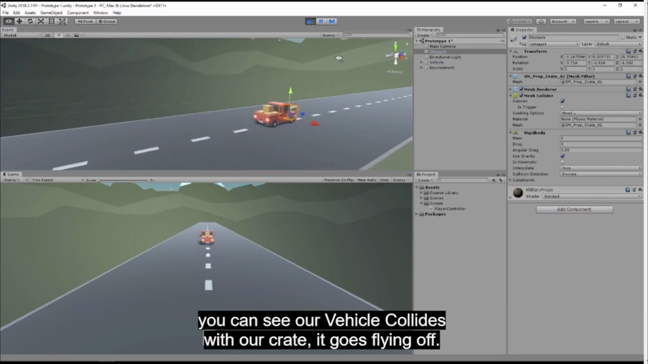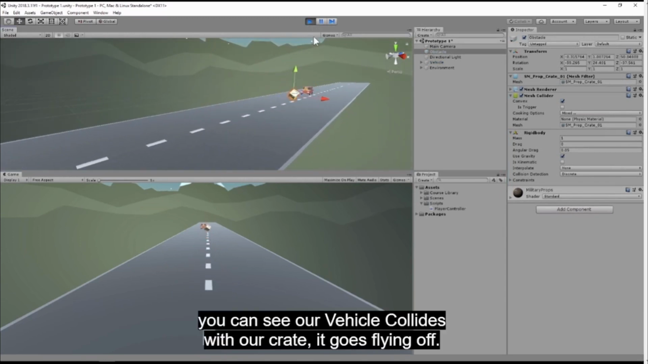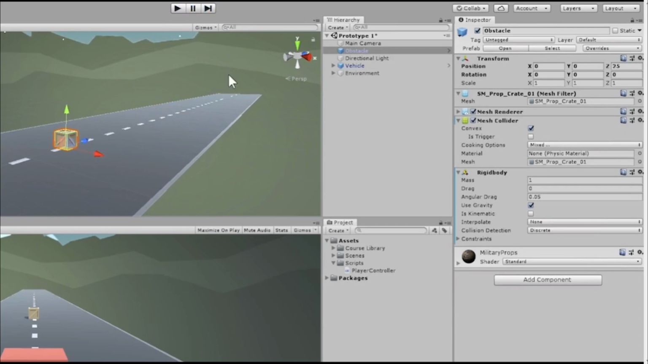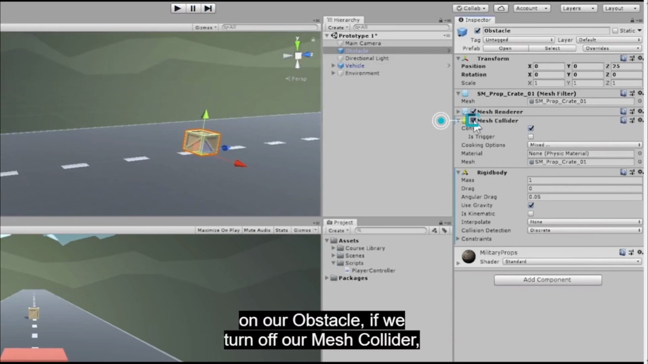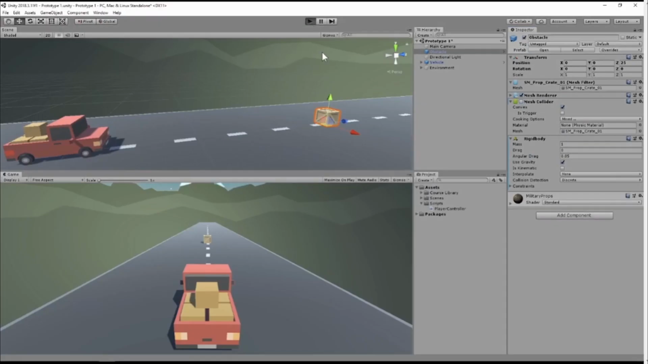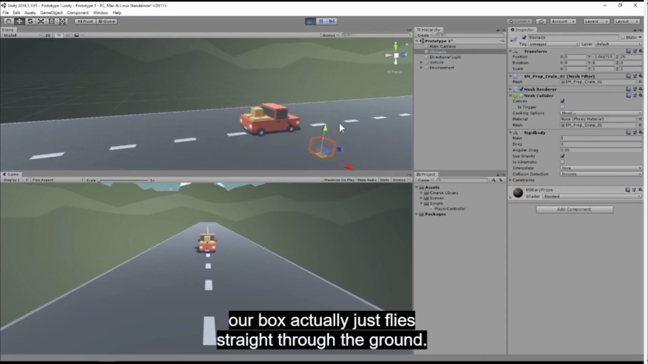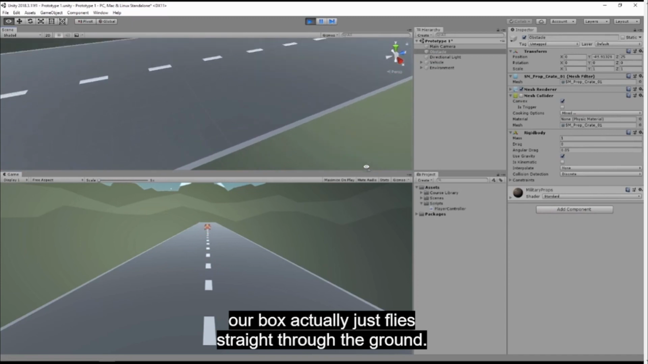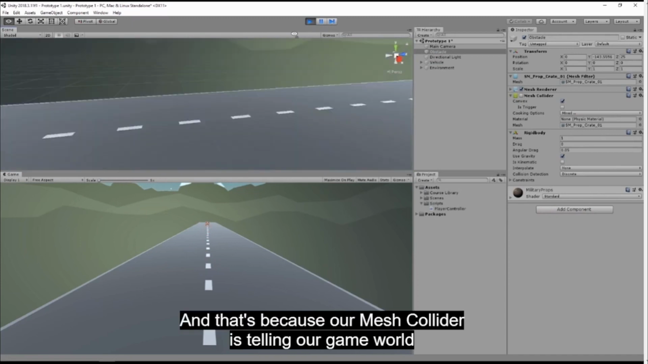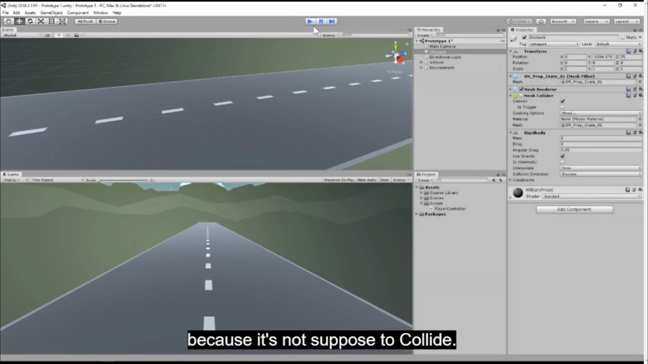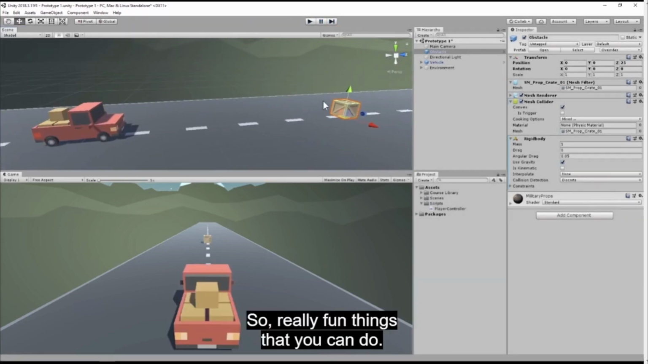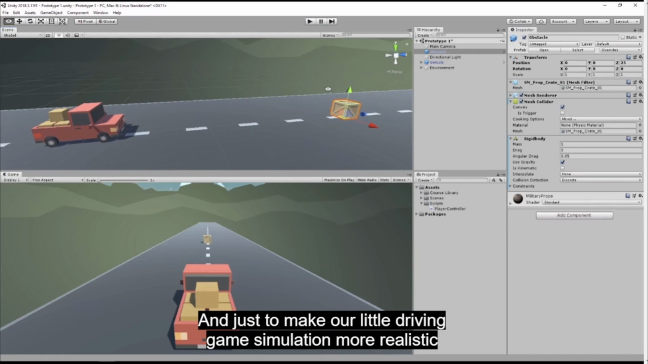you can see our vehicle collides with our crate, it goes flying off. If we were to turn any one of these things off, so for example, on our obstacle, if we turn off our mesh collider, our box actually just flies straight through the ground, and that's because our mesh collider is telling our game world that the box no longer collides with our road, so therefore it can just fly straight through because it's not supposed to collide. So really fun things that you can do,